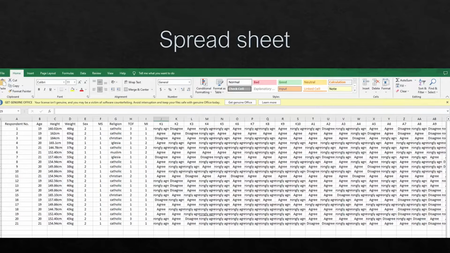So this is an example of a summary of responses of 21 respondents for this particular questionnaire. K1 up to K10 has a meaning to the researcher, as well as A1 to A10, and so on.